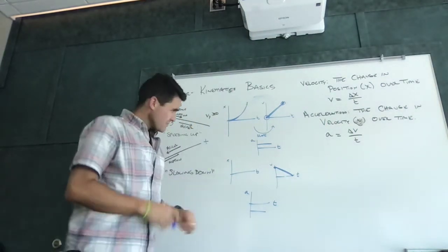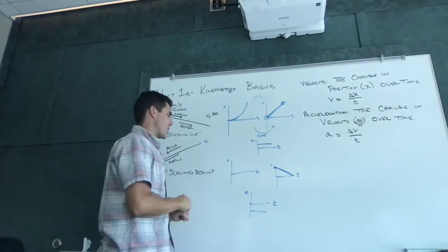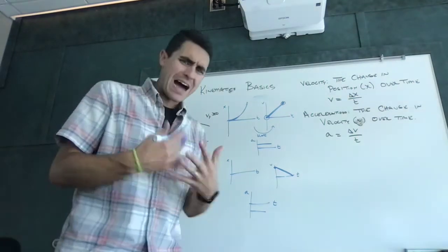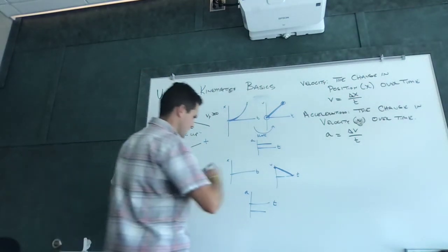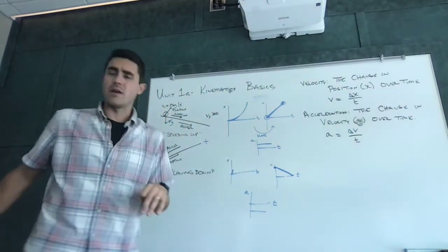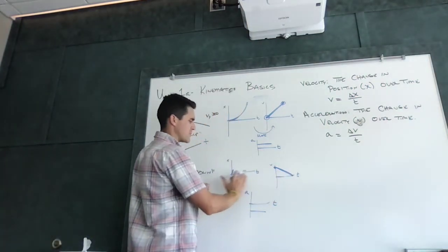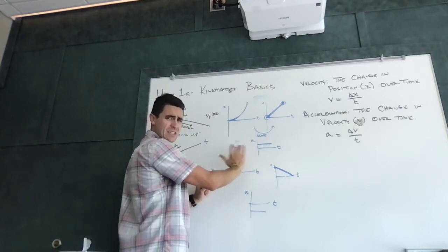So here's the deal. My velocity tells me the slope. So the velocity initially is very, very positive, which means I want it to have a rather positive slope. But it's a positive slope moving forward. So I'm going to see a very, very positive slope to begin with. So that's my very positive slope right there. And as time goes on, velocity gets closer and closer to zero. So as time goes on, my slope, as it moves forward in the positive direction, should get closer and closer